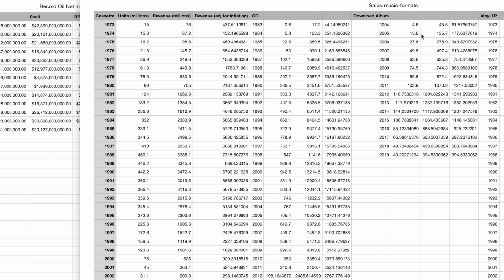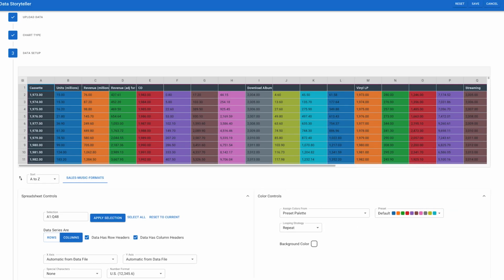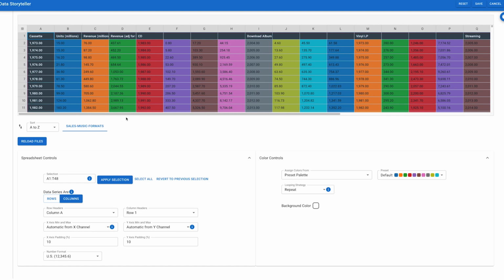But what does that mean in Data Storyteller? So let's head over to Data Storyteller and we'll see what that means. First thing, we need to set up our data set. You see we have the multiple series, multiple dimensions here. And this does not have row headers. The column A is actually the year for cassette, so we're going to turn off row headers,